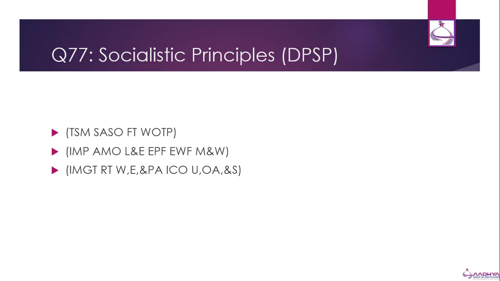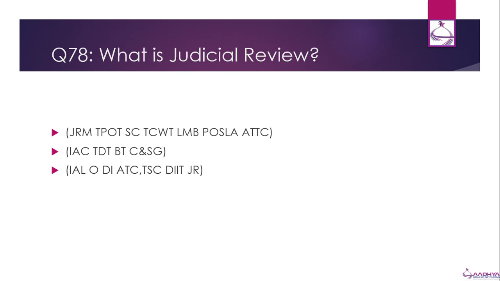What is judicial review? Judicial review means the power of the Supreme Court to check whether the laws made by Parliament or state legislature are according to the Constitution. It also checks the decision taken by the central and state governments. If any law or decision is against the Constitution, the Supreme Court declares it invalid through judicial review.